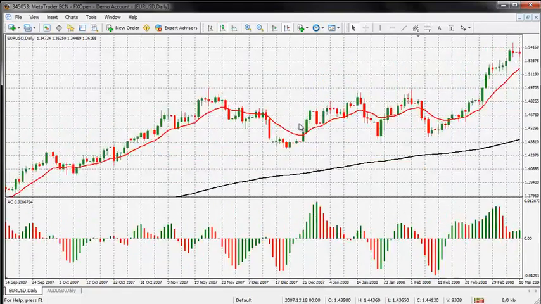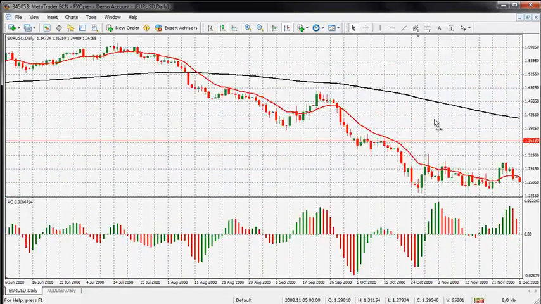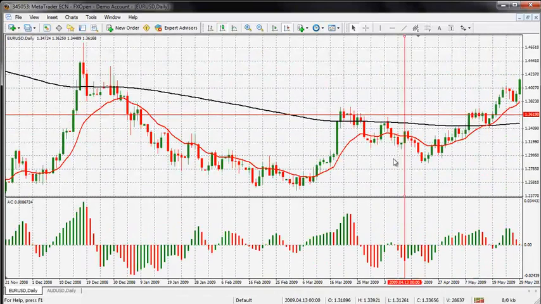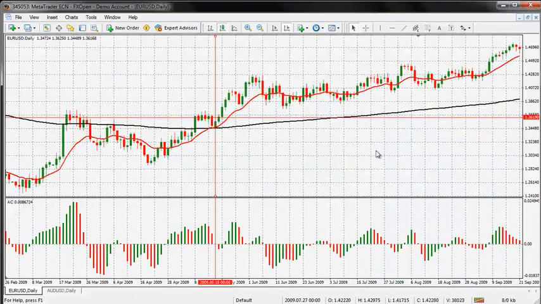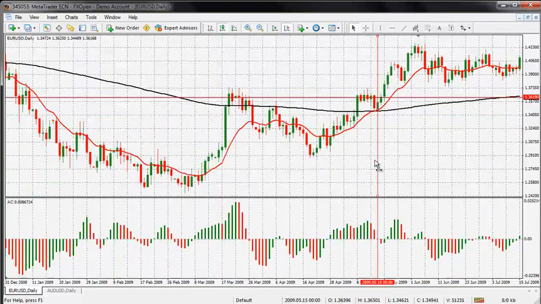Alright, so I'm going to go back to that signal that we found, and I'm looking to see whether or not this is going to be worth my while to actually go long on this trade. Now, if it breaks this line, then yes. Now, also I've got a confirmation where the market's actually broken above the 200 exponential moving average, and you can